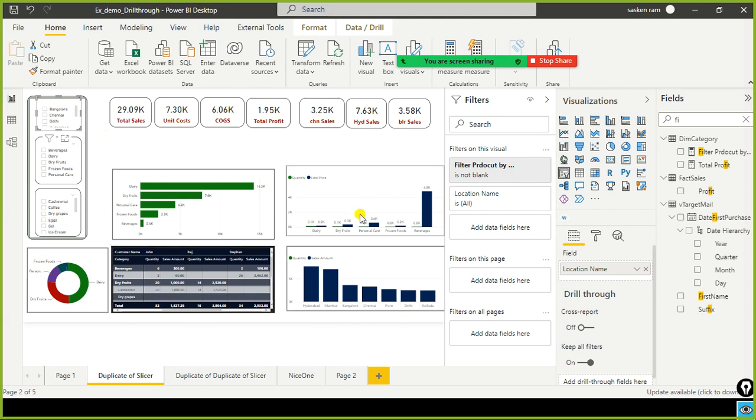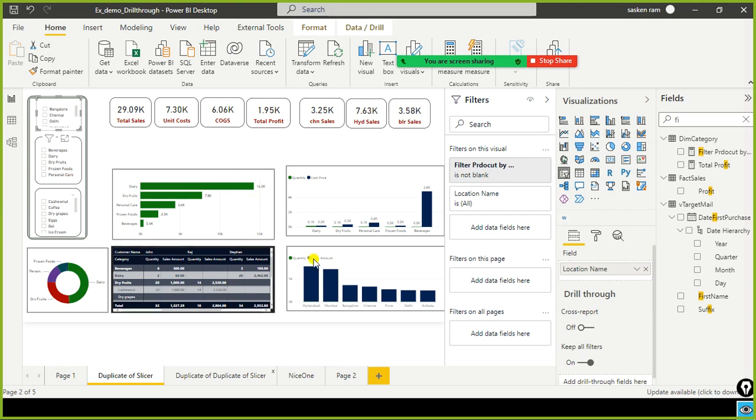Let's say you have captured all the high level KPIs and charts, which are very specific to summary information. It shows only the summary. And if you want to see the detailed itemized transactions across the location by customer, in that kind of situation, it is not advisable to keep both the summary as well as the detailed information in a single page. Show the transaction level detail in a separate page, and the summary information in another page.